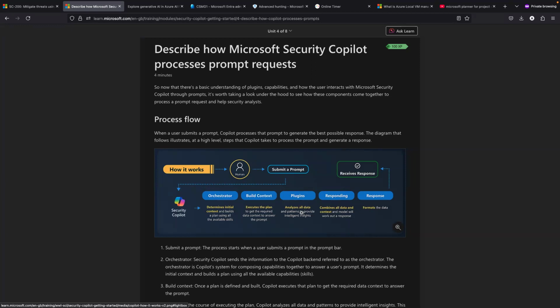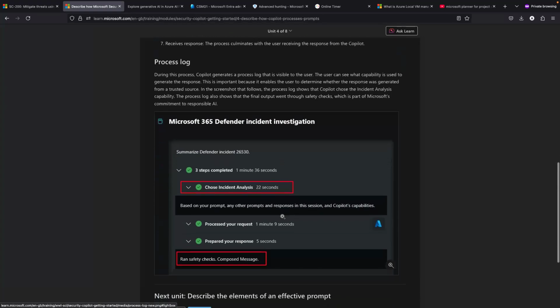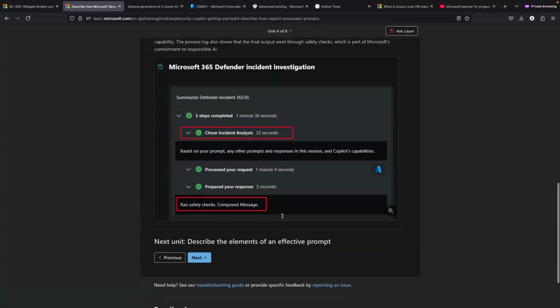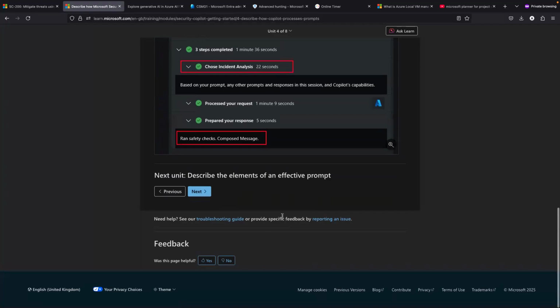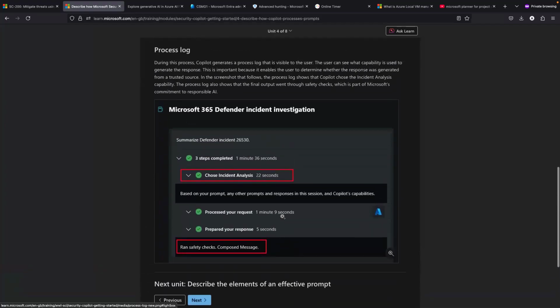So it analyzes all of the data and patterns to provide intelligent insight, combines all data and context, and the model will work out a response and then format the data, which is then output to the human users. So in terms of the process, you can go ahead and read it here. But also in